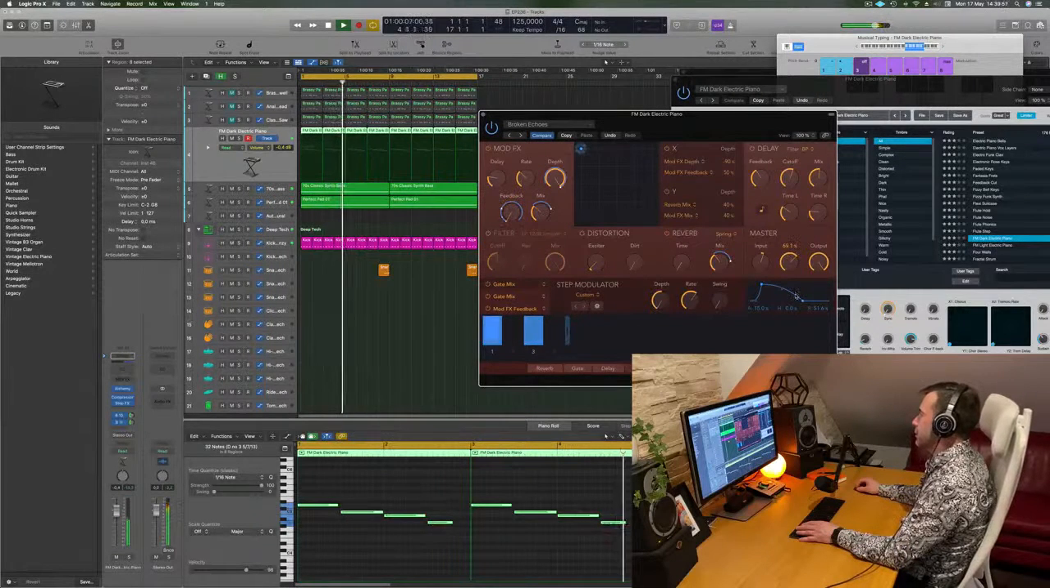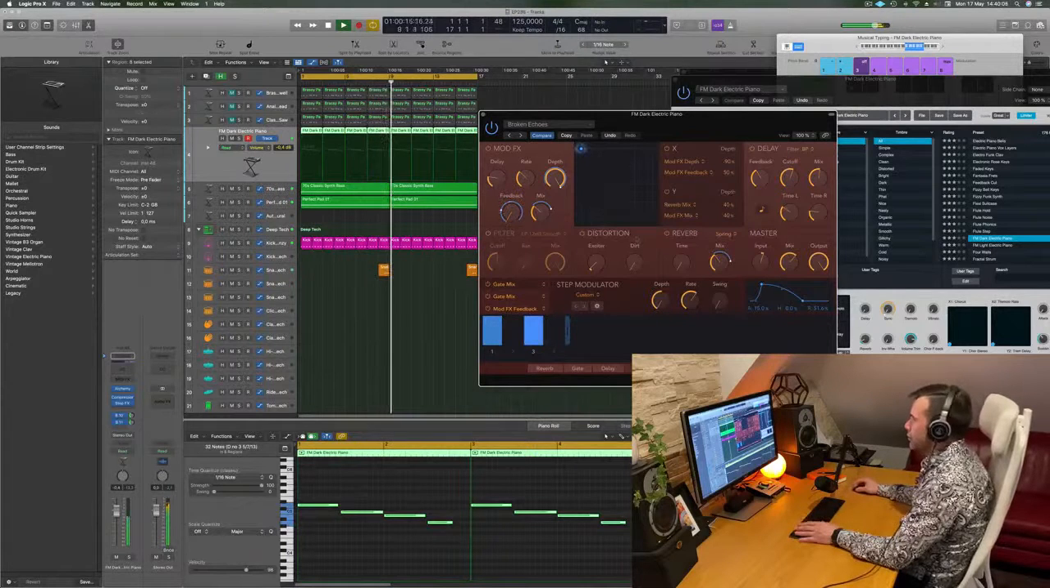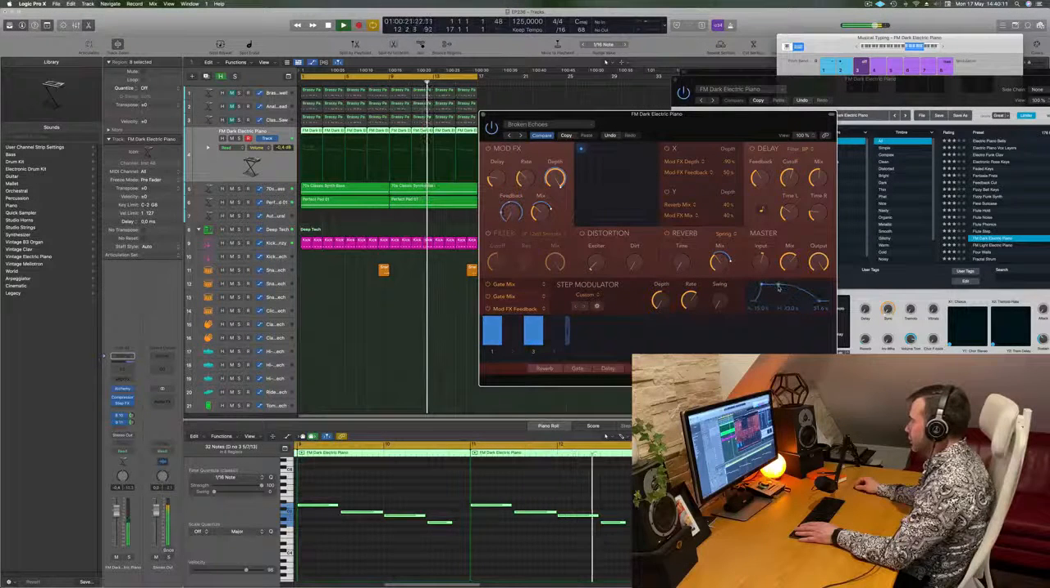Always find the mix around 60-70. It's very good. Then you can also, of course, play with the parameters. Distortion, reverb, the step modulator. Okay, this could be interesting in our case. So you want to